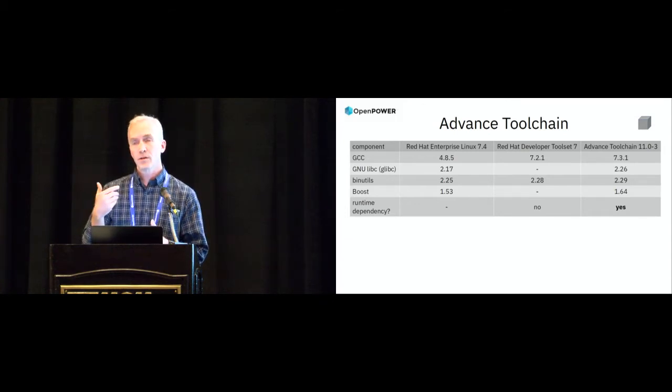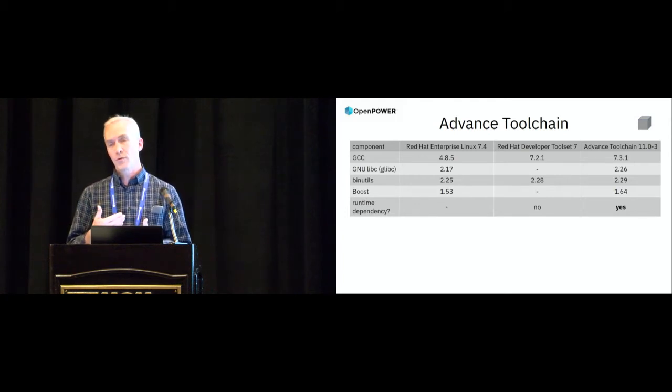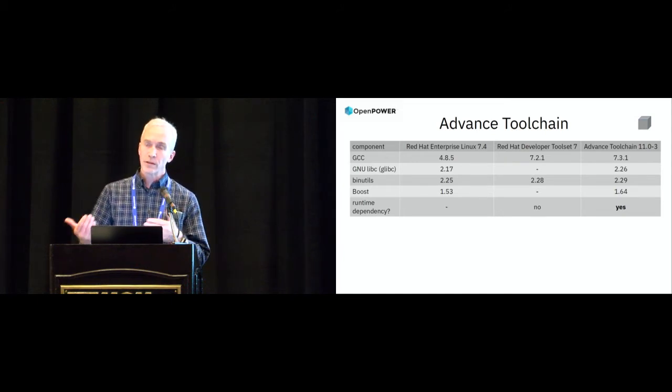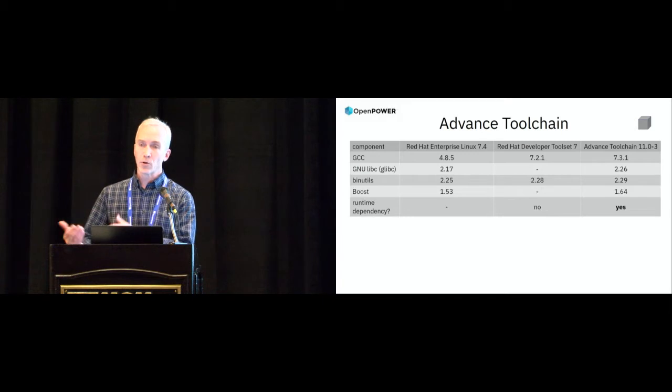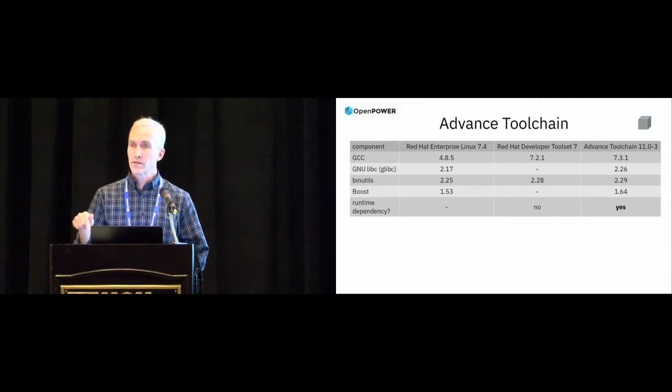So not only are you getting the latest libraries available for like libc, libm, for malloc and the math routines and whatnot, you also get those libraries built with the advanced toolchain, so you get better code generation in those libraries as well. One thing I wanted to note on this chart is when you build with the advanced toolchain,